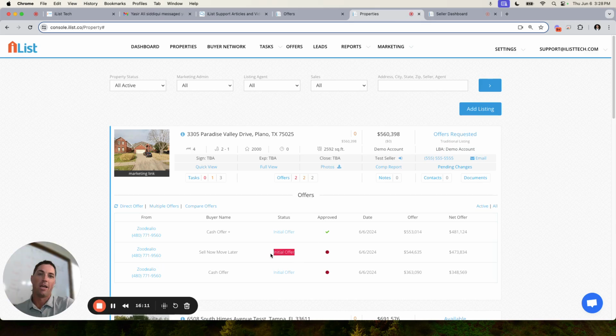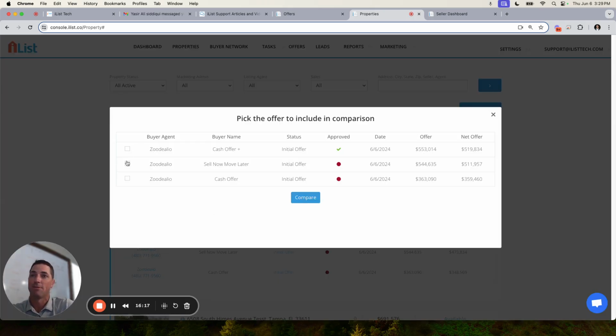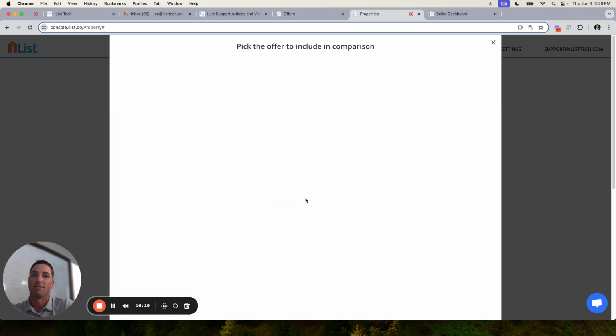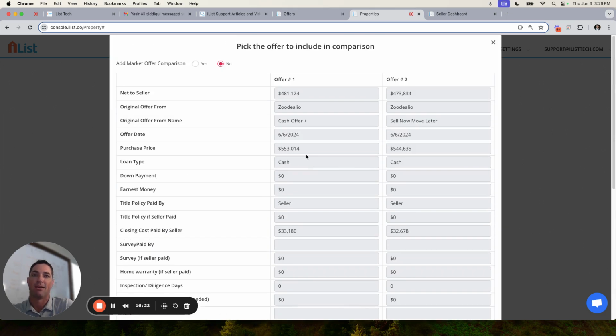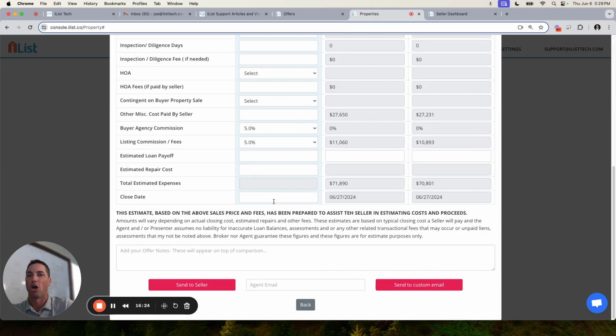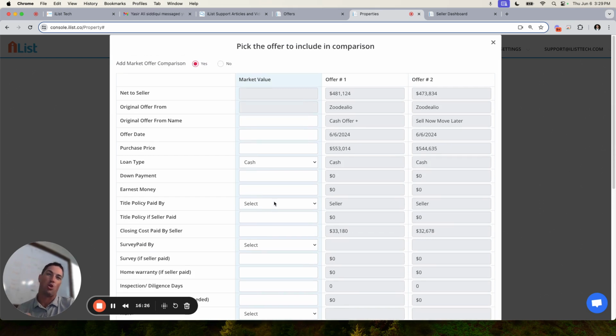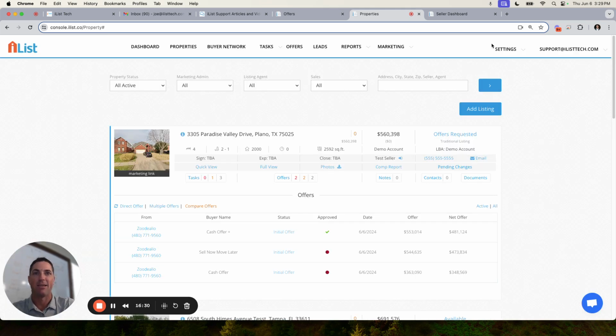If you want to share the rest of the offers, open them up, share them. If you want to compare offers, hit compare, grab 1 or 2 offers here, compare, it puts them side by side, and you can even add your own version of an offer in here. Once again, things that you might already be doing as an agent, we just make fast and easy for you